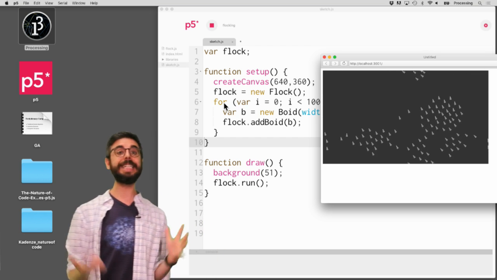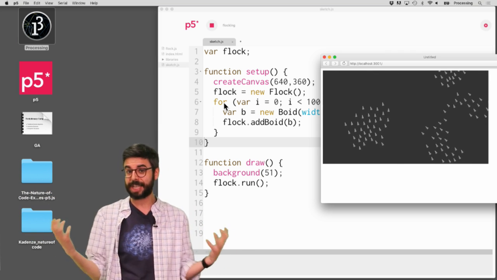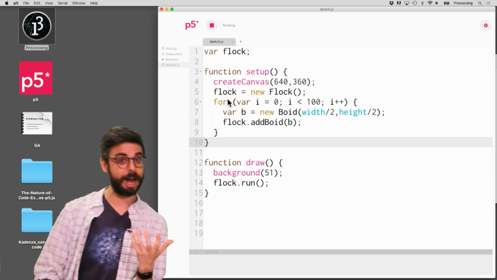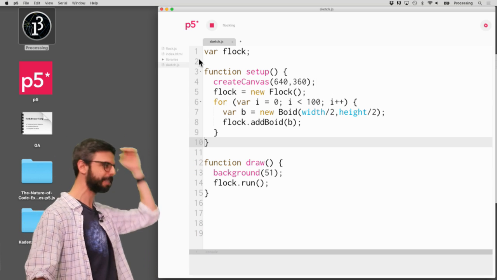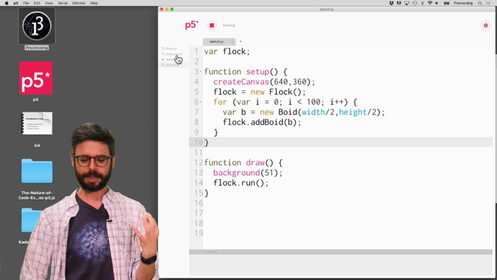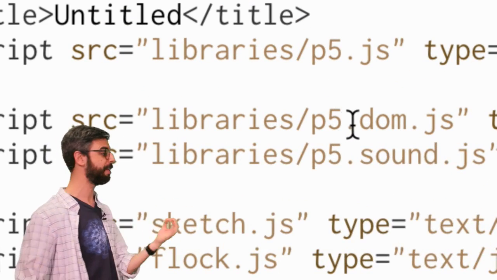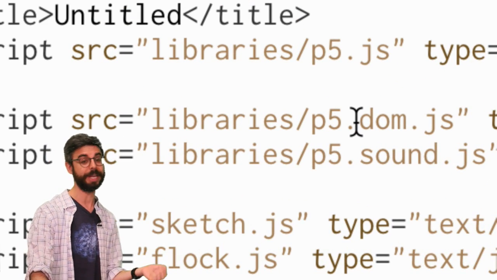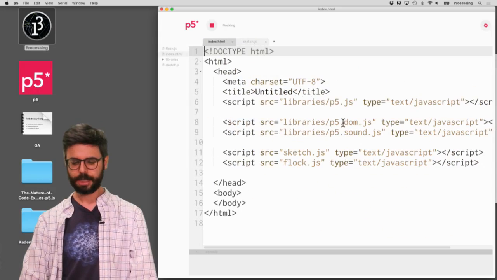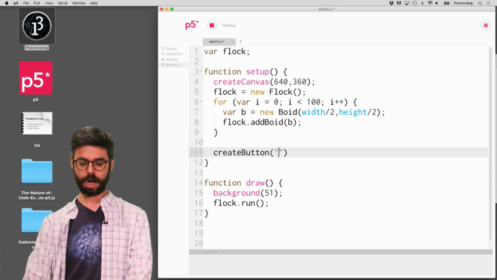So first of all, let's at least look, how do we add the button to this page? The way that you can add a button in a P5 sketch is using the p5 DOM library. And you want to make sure that you've got the DOM library included. If you're using this desktop editor, which by the time you watch this video might be completely different or obsolete, the main thing here is you want to make sure in your index.html file that you're referencing the p5 DOM library, which I am here as well, because the button is not part of just the plain vanilla p5 library. So that's already set for me, and as soon as that's true, I can say createButton,